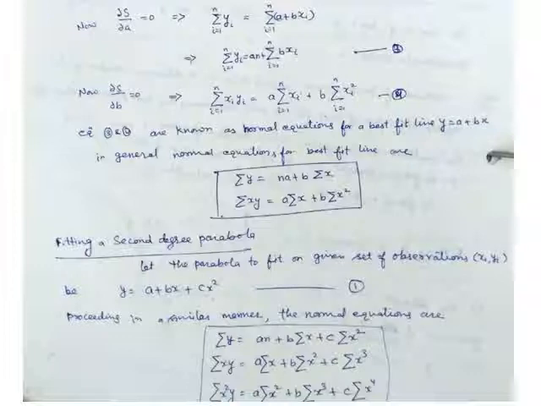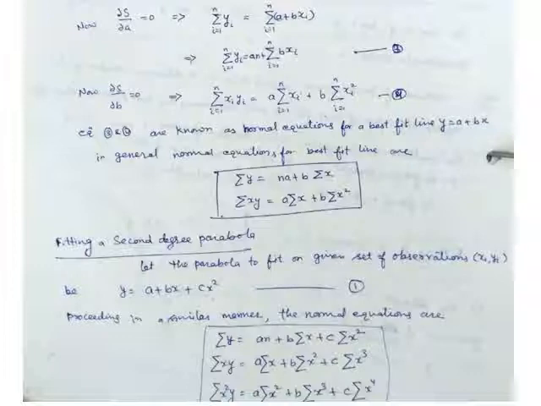There is a trick to learn these normal equations. First, just apply the summation to the given straight line y equals a plus bx. You will get summation y equals summation a plus b, a constant, times summation x. Now summation a gives a plus a, n times, so it is the first equation. To get the second normal equation, just multiply the given straight line by x. So you get xy equals ax plus bx square, and apply summation. You get the second equation.